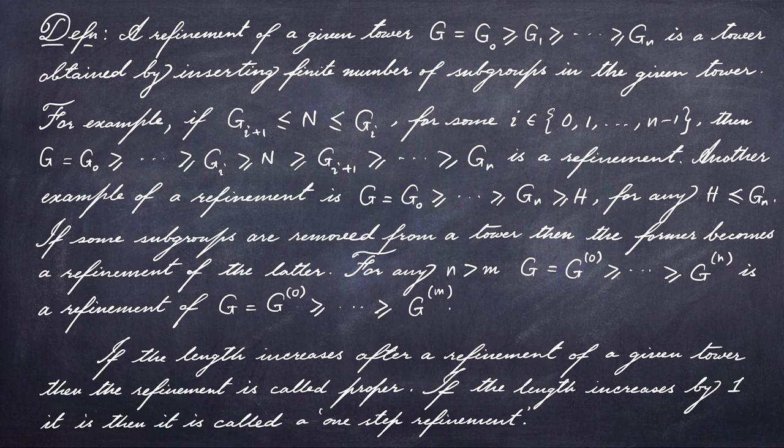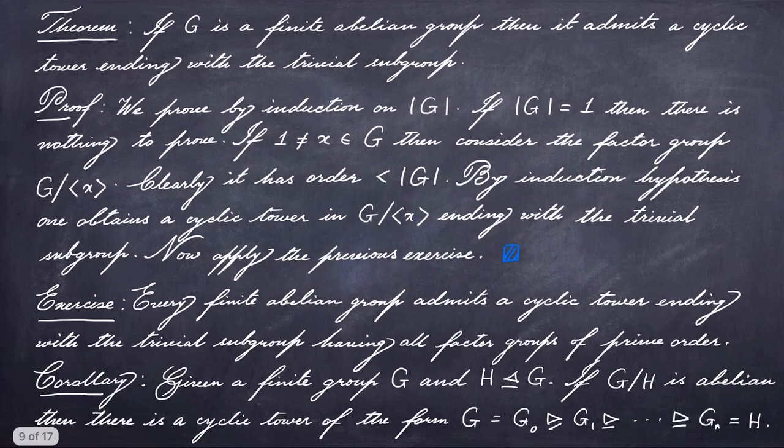If the length increases, then we say that the refinement is proper, and if the length increases by 1, then we call it a one-step refinement. So let me again explain that, as I said here,